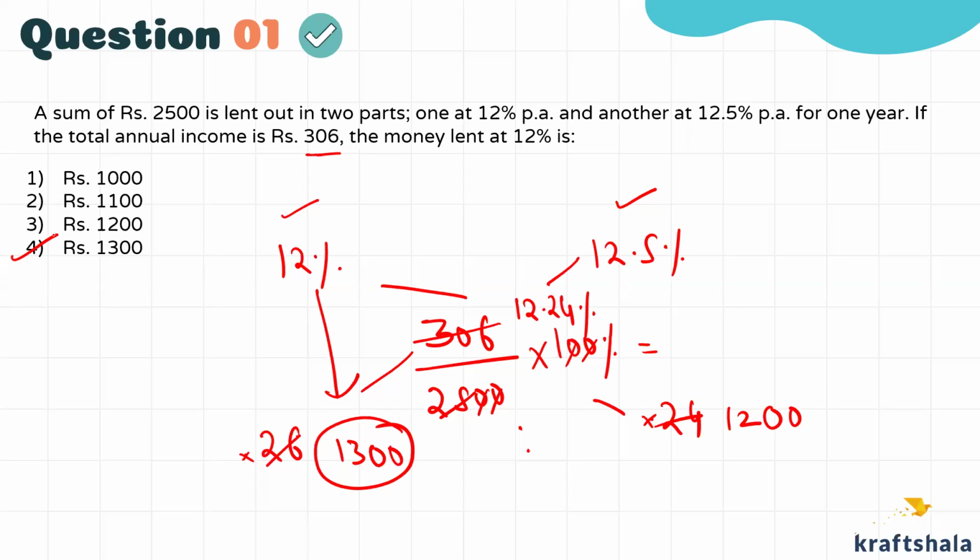one more way. Generally people think that mixture is only of liquids, milk and water, but mixture is everything. If you're covering a journey, it is a mixture because that journey is covered with different speeds. A class is a mixture of boys and girls. An examination is a mixture of positive marks and negative marks, isn't it? So wherever you spot a mixture you can apply this.